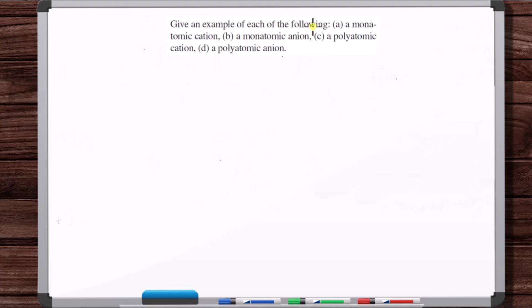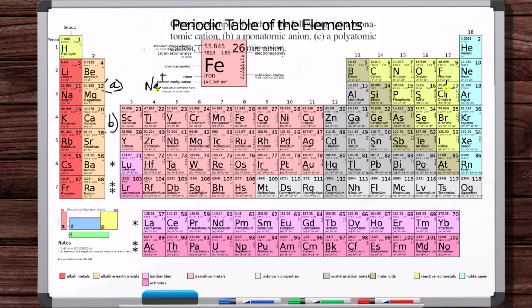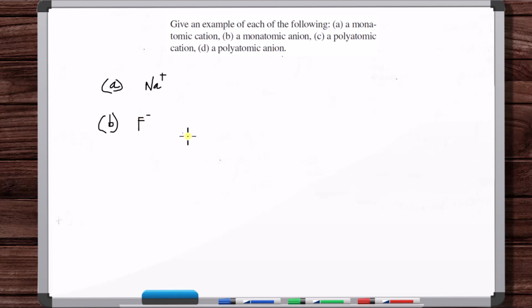Give an example of each of the following: a monoatomic cation, a monoatomic anion, a polyatomic cation, a polyatomic anion. Monoatomic, that means just one atom. One atom. So Na+. Okay, a monoatomic anion. I mean, we can come to the periodic table. It doesn't mean that it has to have a charge of 1. So, like, you could say F- or even O2-. These are both monoatomic